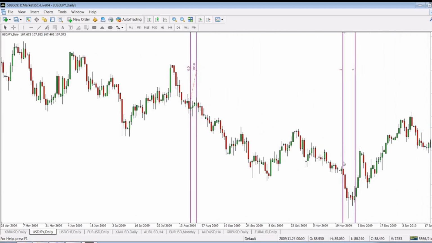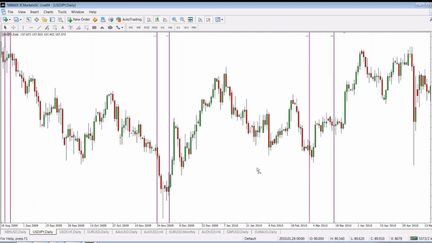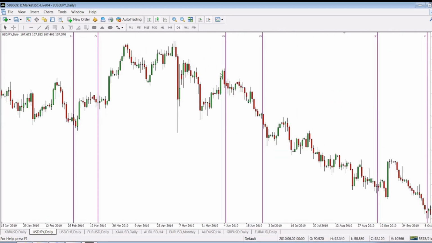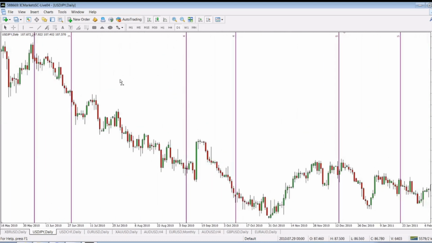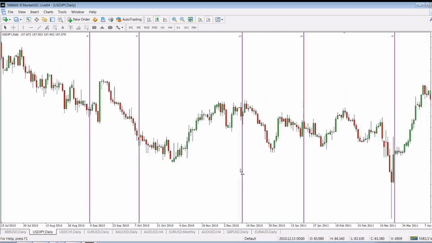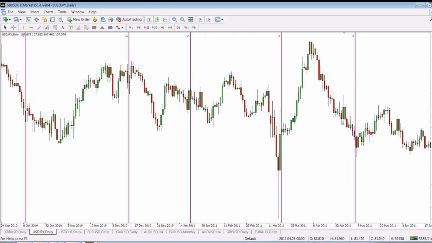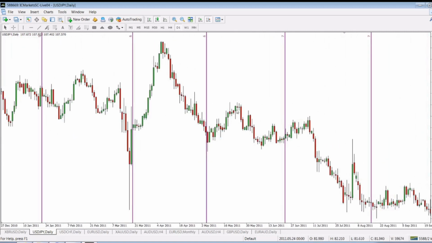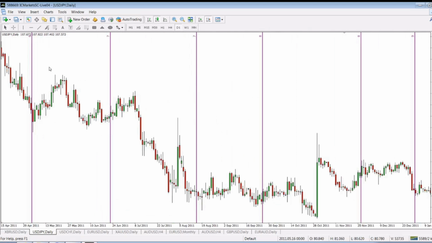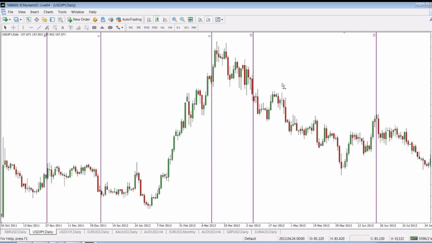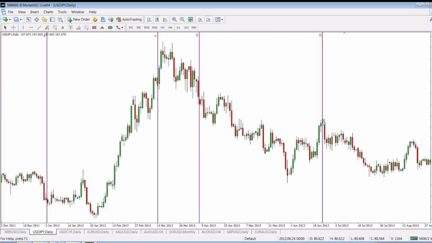Look what happens. It shows us this is sidereal, this is synodic. Next one, sidereal, synodic. Next one, sidereal, synodic. Next one, sidereal, synodic. So as you see, it shows us more or less turning points like this one, like this one, like many others. And what is important is another one here is somewhere close to here. It doesn't work every time, but it's on the spot, you see.